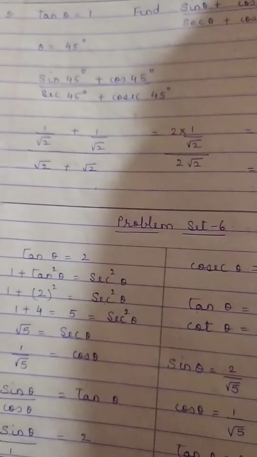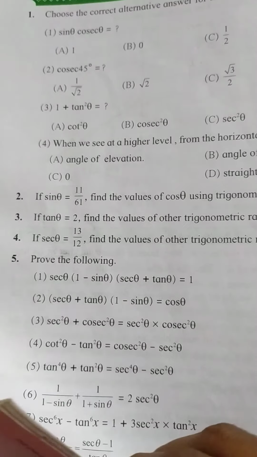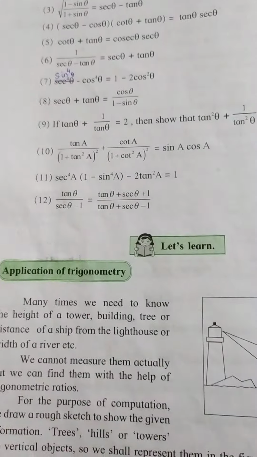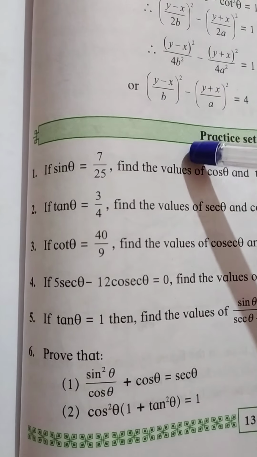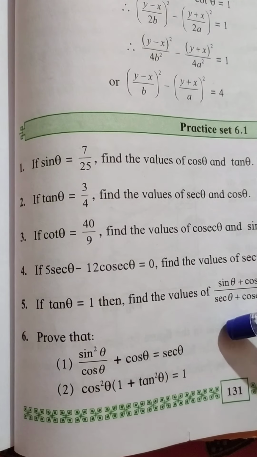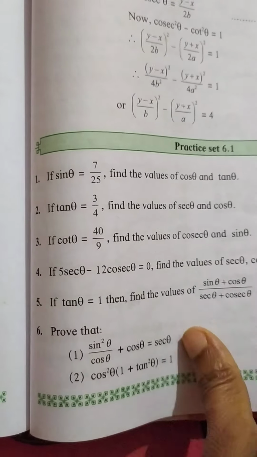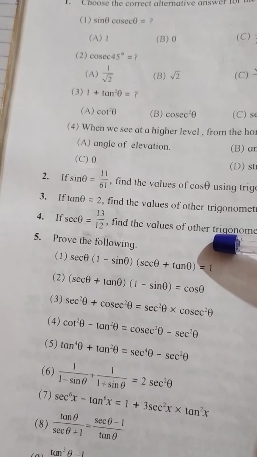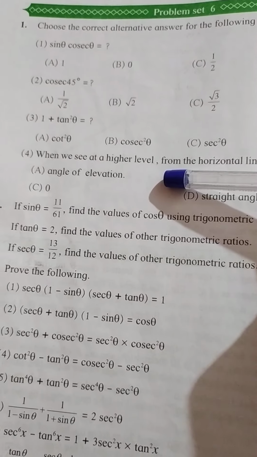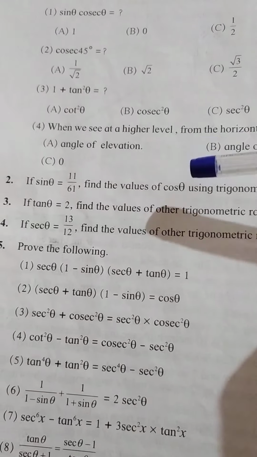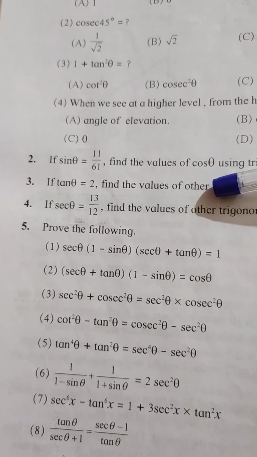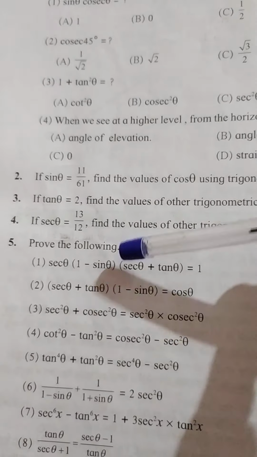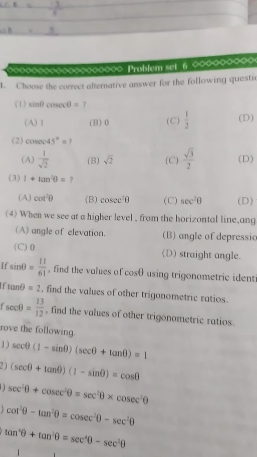So children, for homework for this particular week, you have questions from this exercise 6.1. I have solved question numbers 1 to 5. You will complete this, and from problem set you are going to complete question numbers 1 to 4. Okay, I have discussed these MCQs with you. Question number 2 is similar to the question in the exercise. 3 I have done for you. 4 is similar to this. You will complete it. Okay, the remaining prove the following, we will be doing it in the next session.